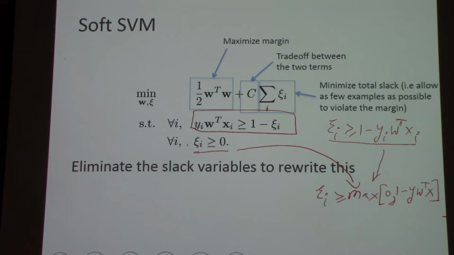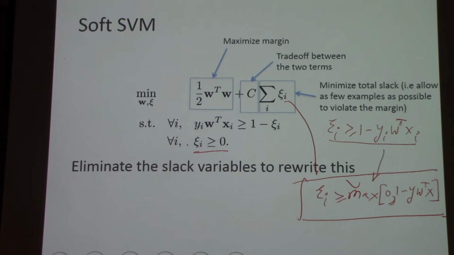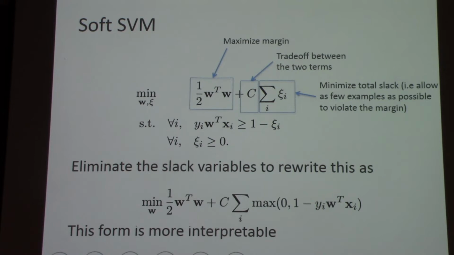Right? I've done no magic here. So the slack should be greater than 0 and 1 minus y w transpose x. But once I have this form, I can just replace the slack, this, into the objective here. So let me get rid of some lines. So I can replace xi from this inequality into the top and get rid of all the constraints and end up with a different optimization problem. So these two together tell me that